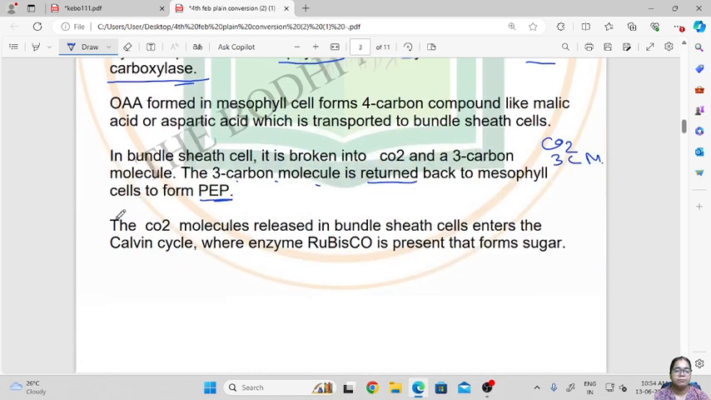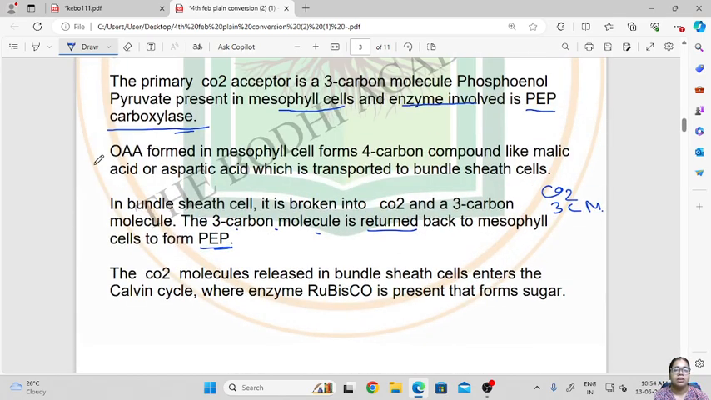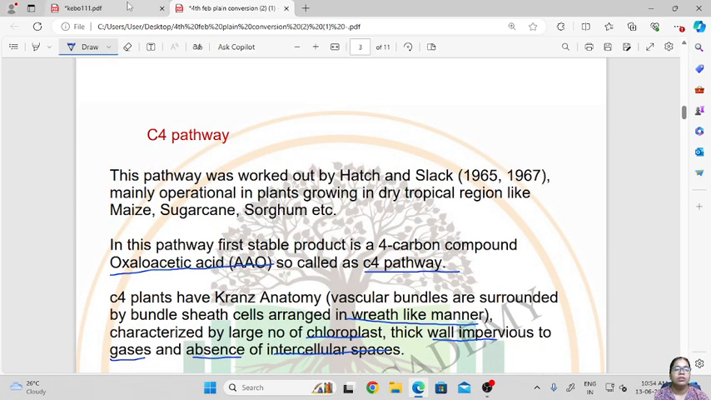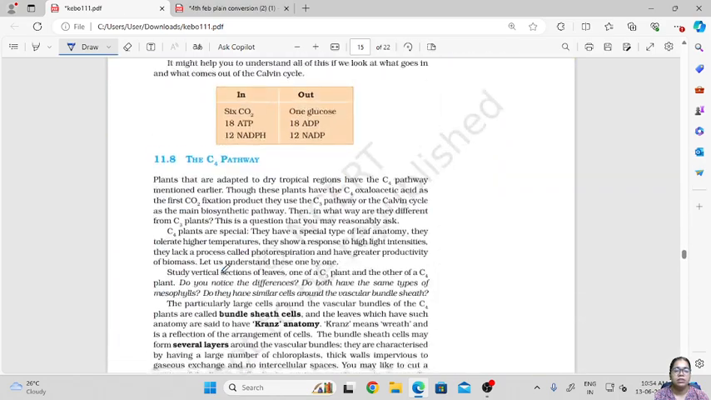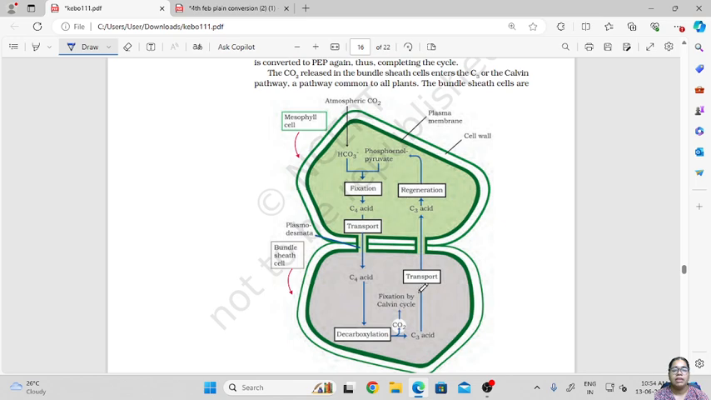phosphoenol pyruvate. Then the CO2 molecule released in the bundle sheath cell enters the Calvin cycle, where the enzyme RuBisCO is present that forms the sugar. So this can be explained using a diagram, that is the C4 pathway diagram. So over here we can see that